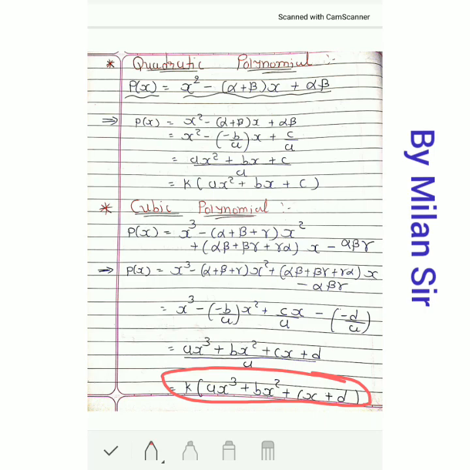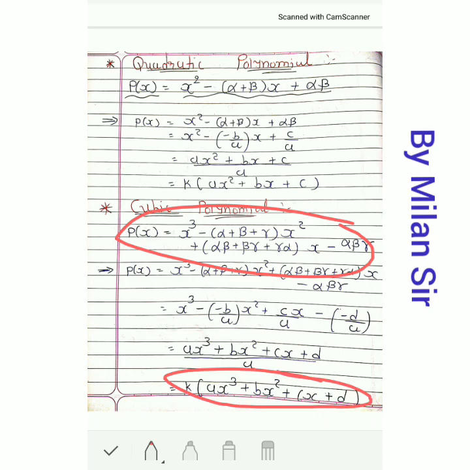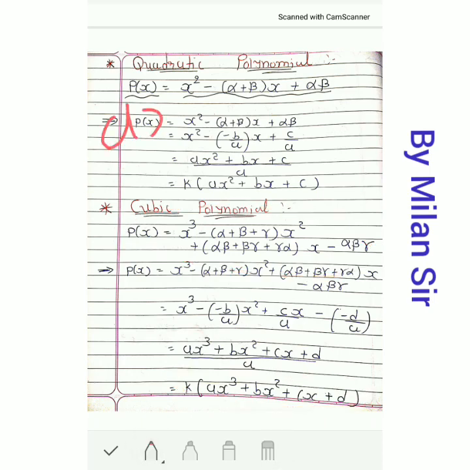Okay, same way like the quadratic polynomial, we also get this formula by using this standard form. Okay, so just write down the standard form, that means ax cube plus bx square plus cx plus d, and divide this standard form by a,